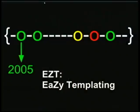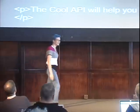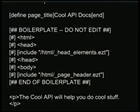CodeSite was built using EasyT, or easy templating for Python. It was developed by Greg Stein, who is well known in open source circles. He was working for us at the time. EasyT is great. It's a very simple markup language that you can use to define some build logic in your